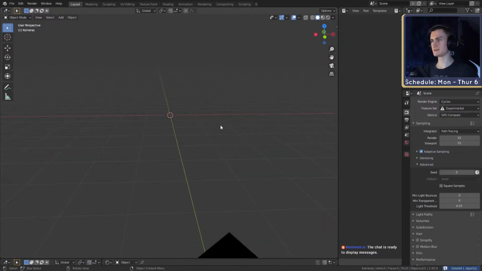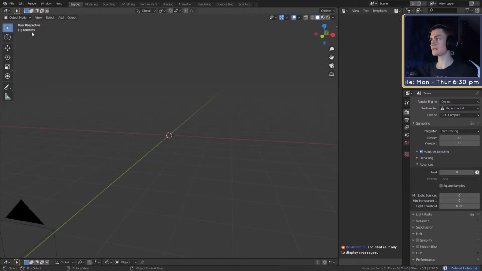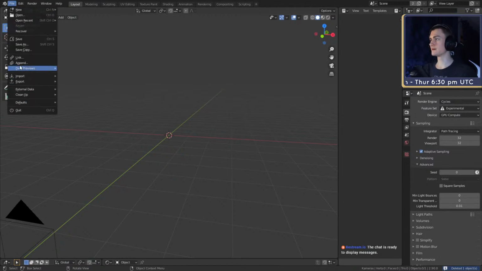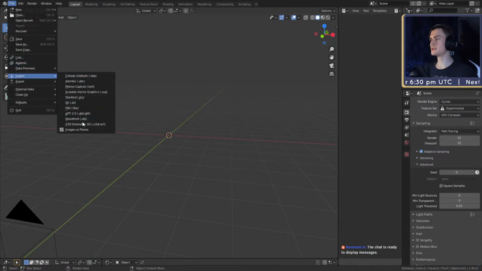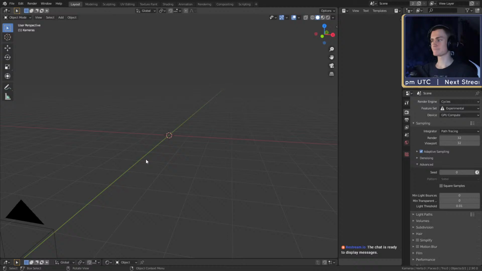We don't need this light. First things first, import. And OBJ. Good old. Of course, I have to keep in mind that I usually